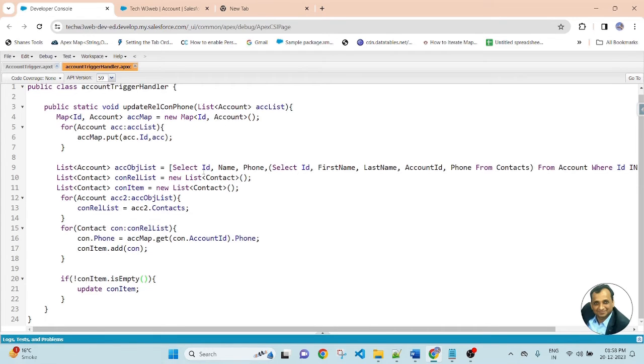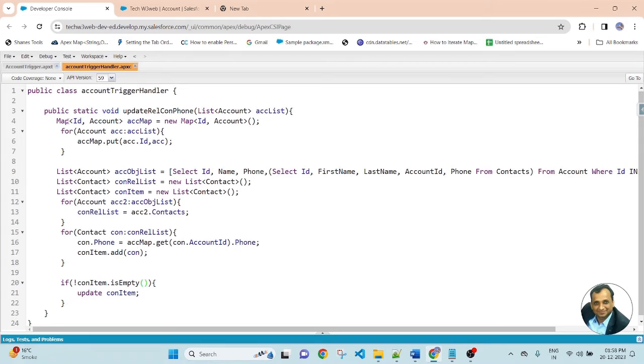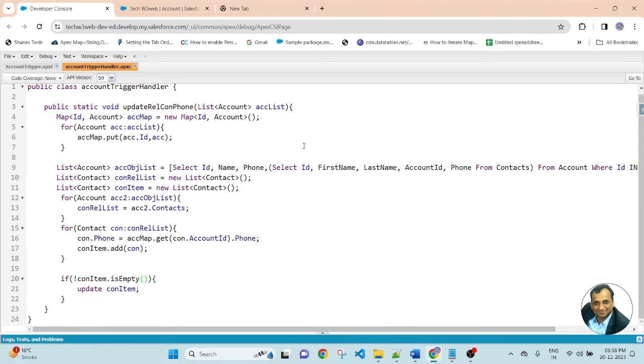So friends, let me explain the method. First, I create my ID and account. Then I am putting the value ID and account. Then here I am writing nested SQL query based on the account ID. I am retrieving related list of contact. Then I created a list of contact. Then I applying for loop and store all of the related contact to this contact.